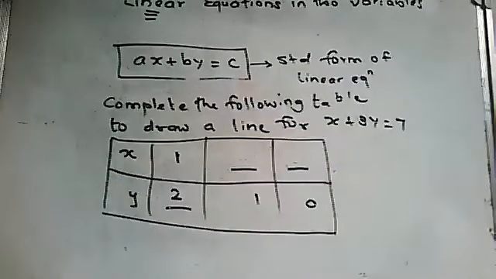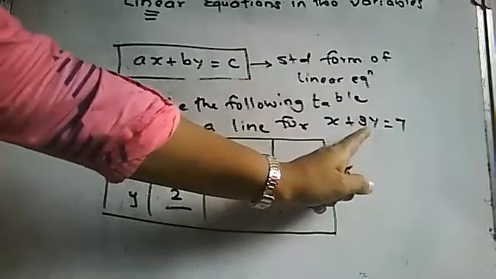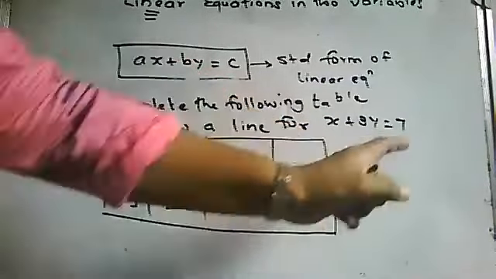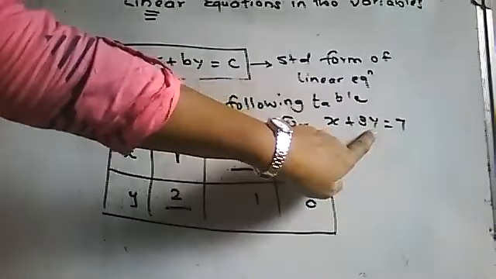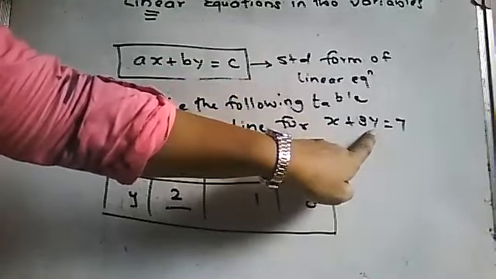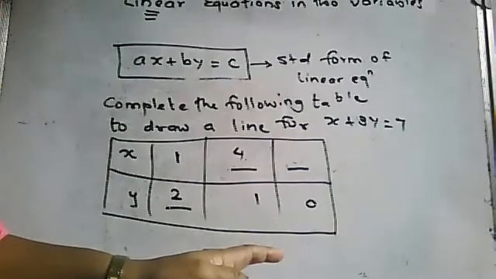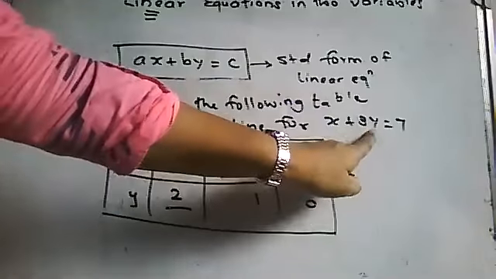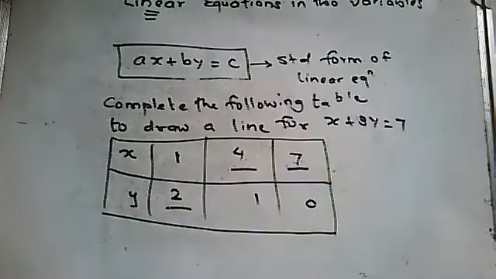Now you should solve orally. You should be able to solve orally because there is no time for working. And small numbers, so obviously you can solve orally. 3 into 1 is 3. 3 goes to the other side. 7 minus 3 will be 4. So x will be 4. Now y is 0. And 0 into anything is 0, students. Yes, very right. 0 into anything will be 0. So x remains 7.